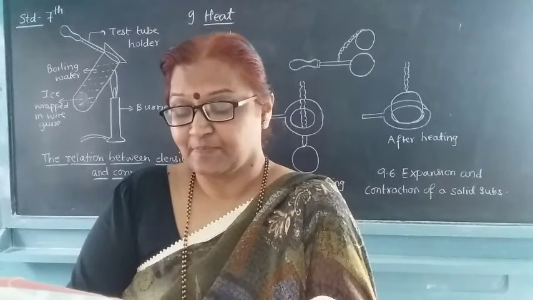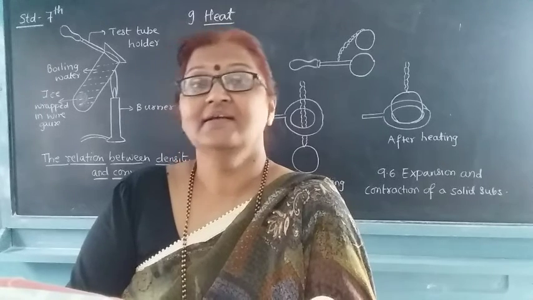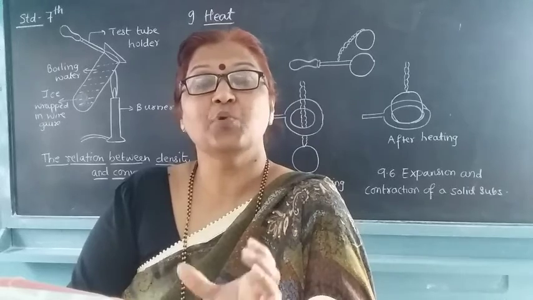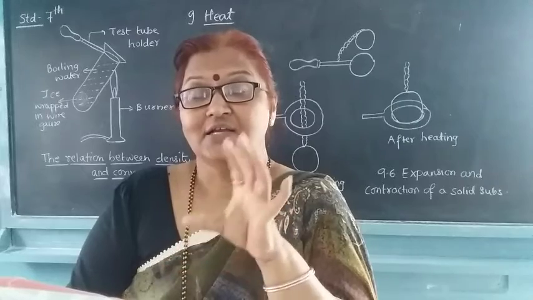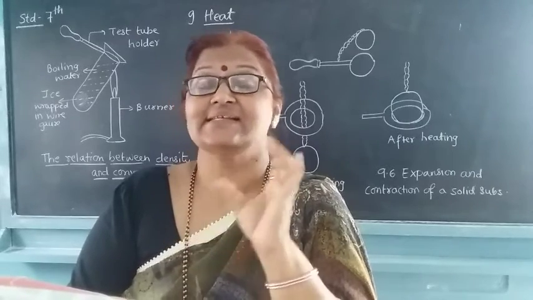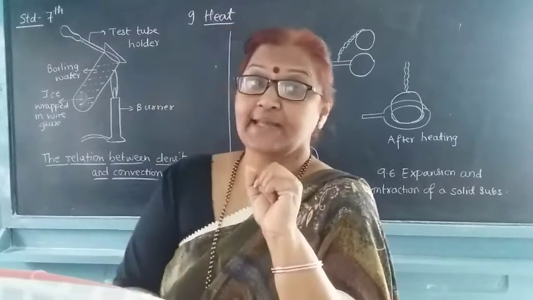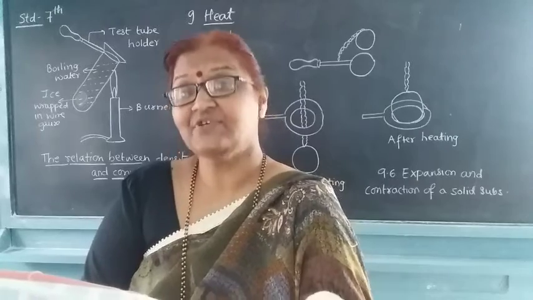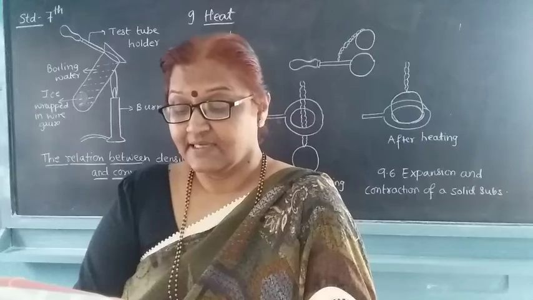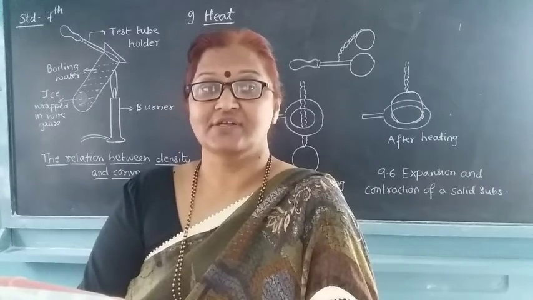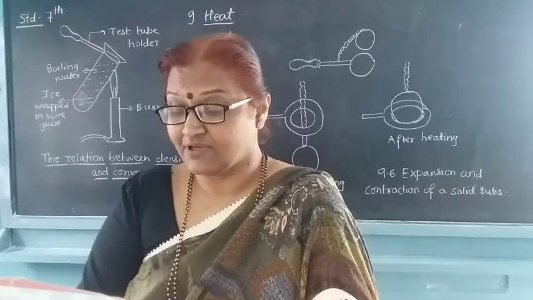In both the tins, place one glass, each filled with water at the same temperature. What you have to do, in both the tins you put a glass full of water. The glasses should be of the same size and the water should also be of the same amount and the same temperature. Cover the tins with the lids. Now you have to cover the tins with the lids. Keep them in the sun for 2 hours. You want to keep these tins in sunlight for 2 hours.